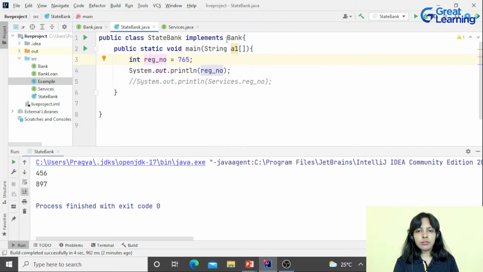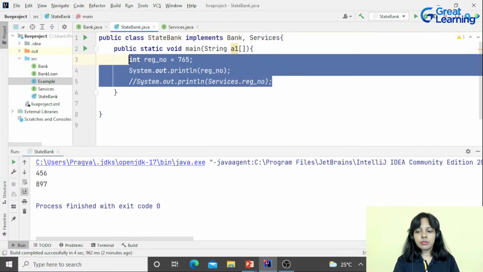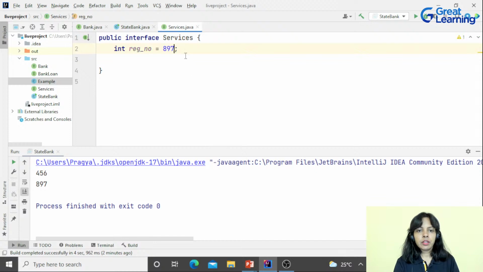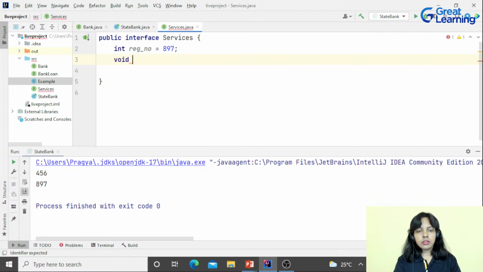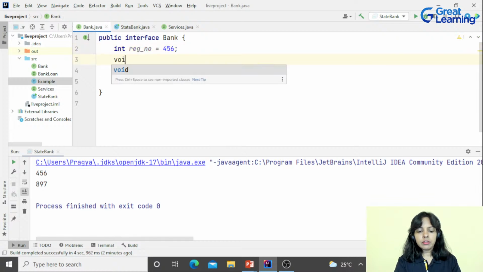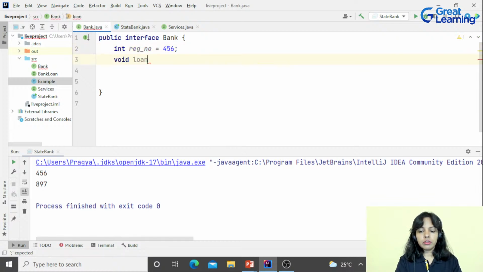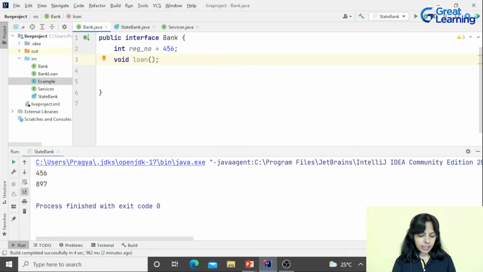So now let's go to one more example here. If I write services, and I'm just going to delete all these. Now here I'm going to define a method, void loan. In this also I'm going to define void loan. Now what will happen?